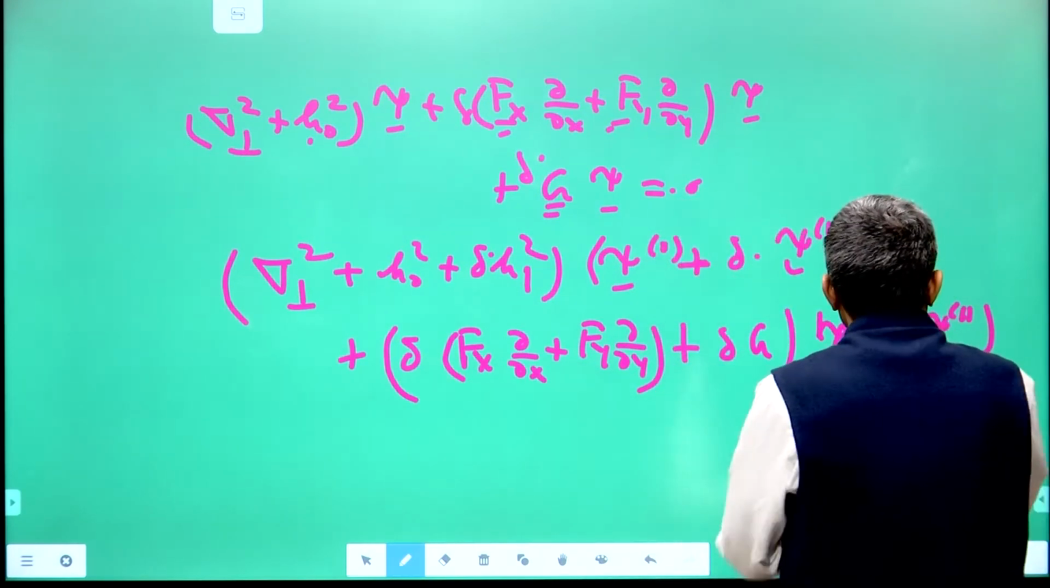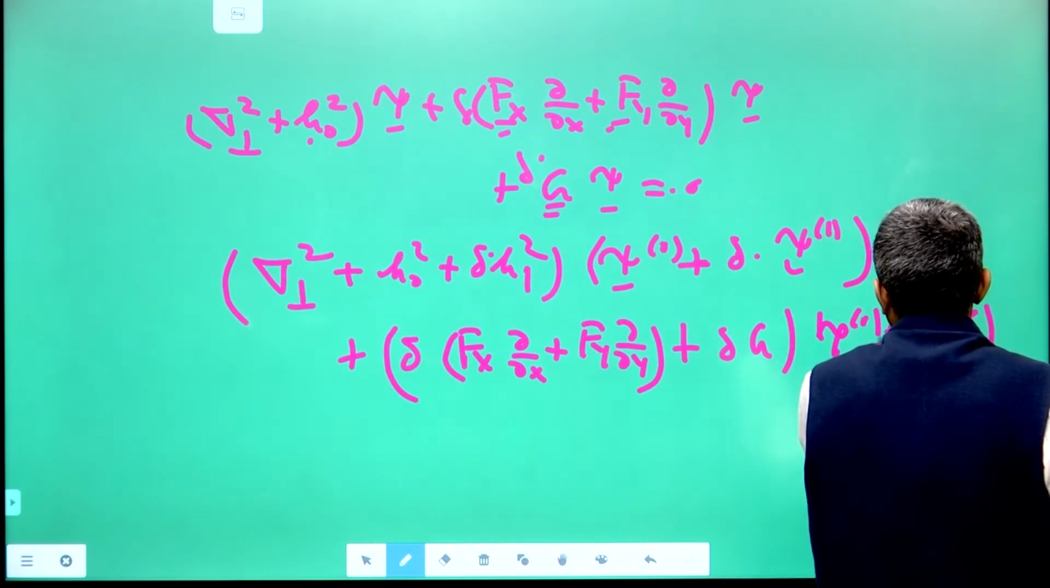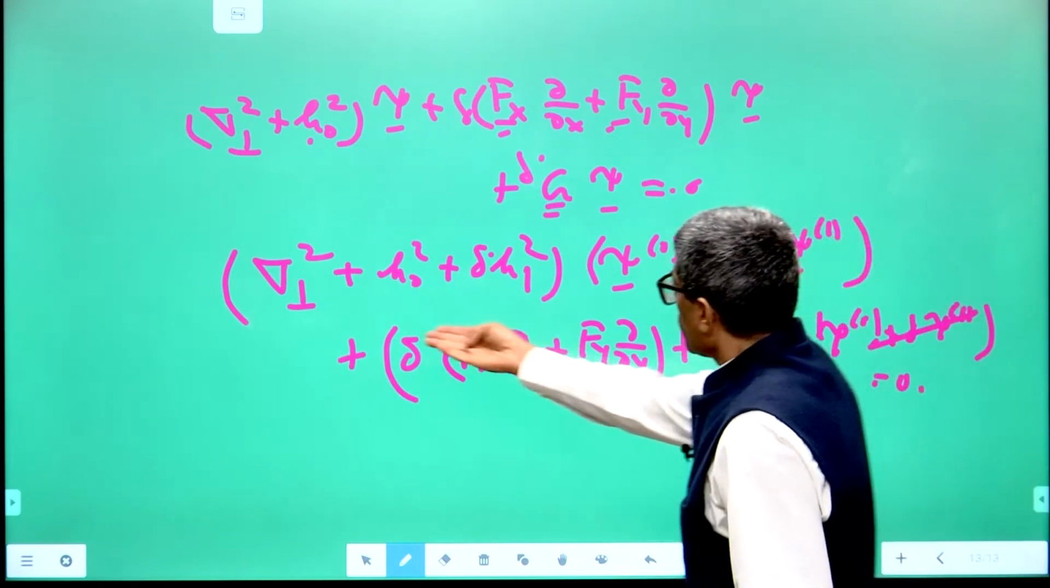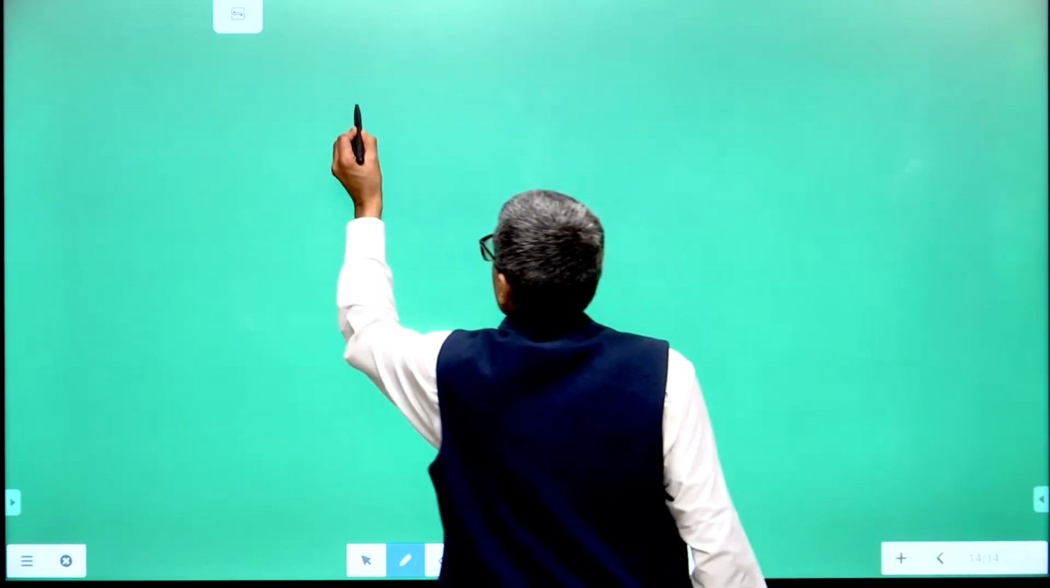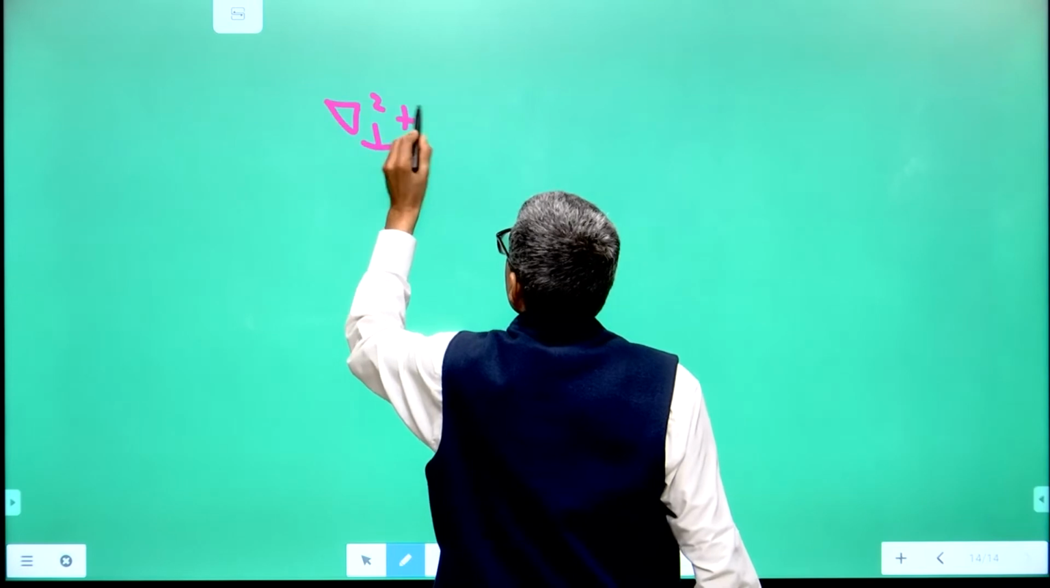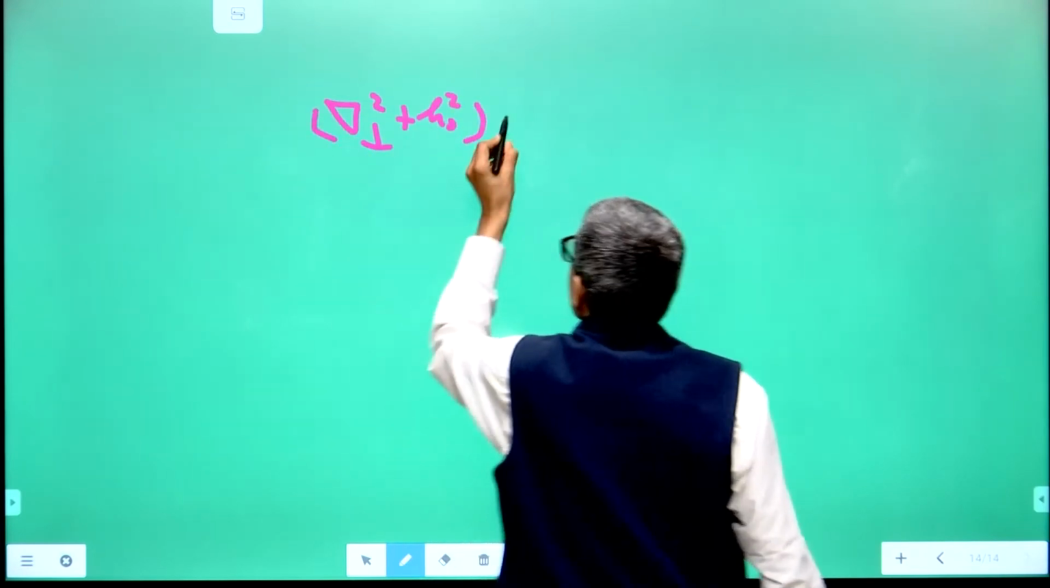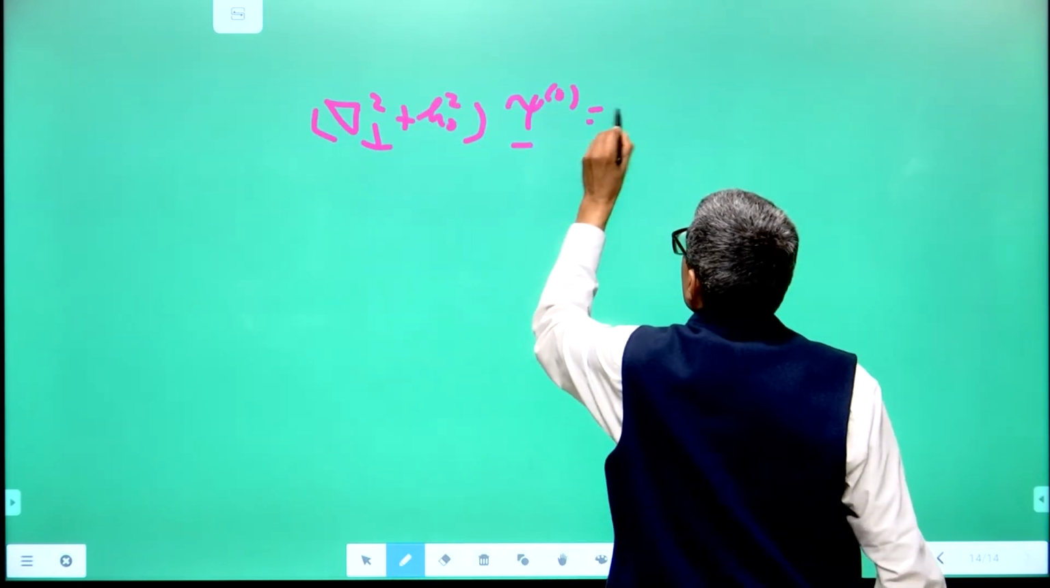So, the delta term delta psi 1 will not contribute to anything. Up to order delta you can forget about this. So, you equate coefficients of delta power 0 and delta power 1 on both sides. What do you get? You get del perpendicular square plus h naught square acting on psi 0 is 0, and